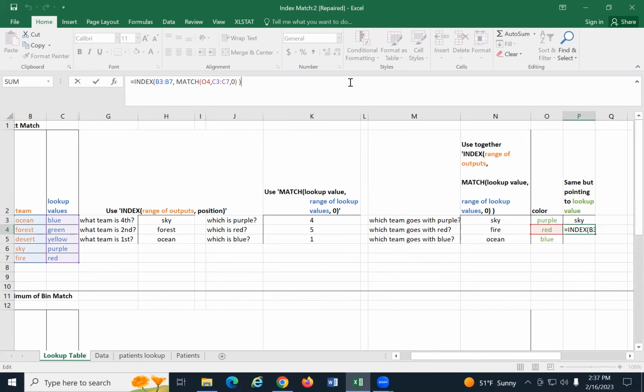Okay, if you got this, try copying that formula down with dollar signs so you can actually get it to give you the next one down. Now remember, you don't want dollars on what the lookup value is pointing to, because you want that to actually go down with you. Okay, so what am I saying? Let's try that. I'm going to take this formula and I'm going to want everything that's in the lookup table to be frozen. But I don't want the lookup value frozen because when I copy that down, I want it